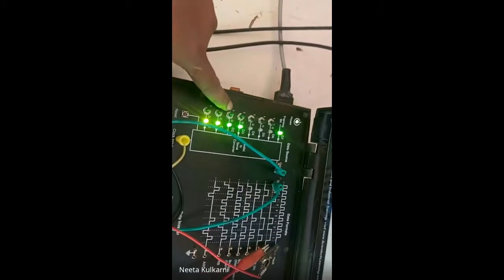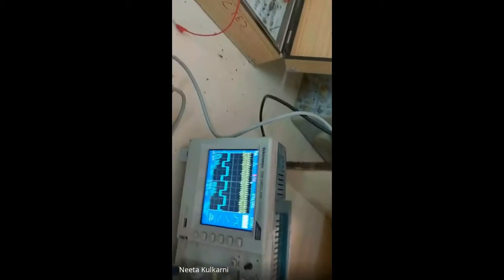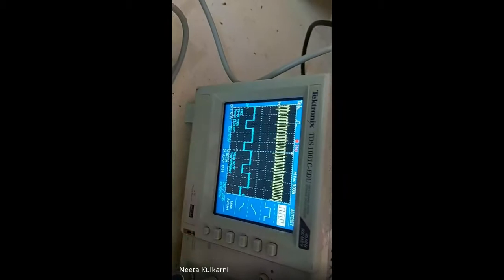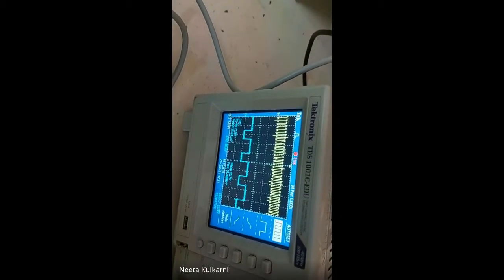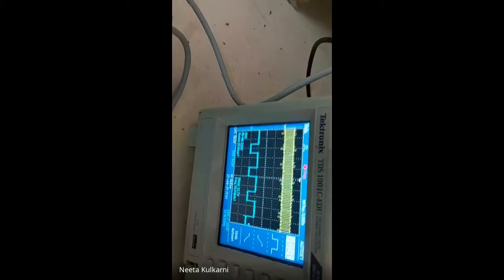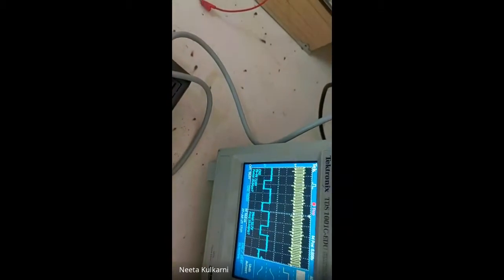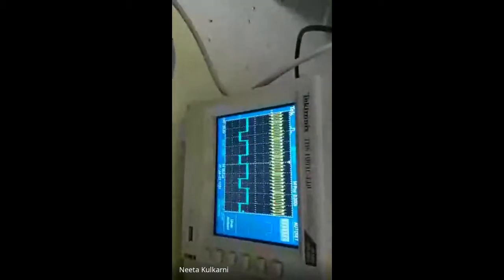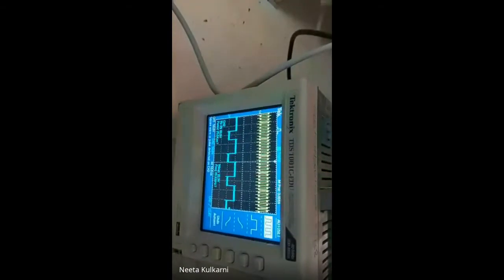See. Now the input sequence is 0 0 0 1 1 1 1. Like that, for the RZ also you are getting the respective output. Here the yellow display is our input data stream, and the blue is the output in the RZ format. Okay. We had pressed stop, so the waveform was stable. If you release that button, you will see the output.